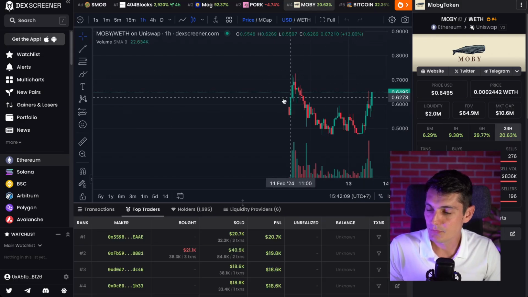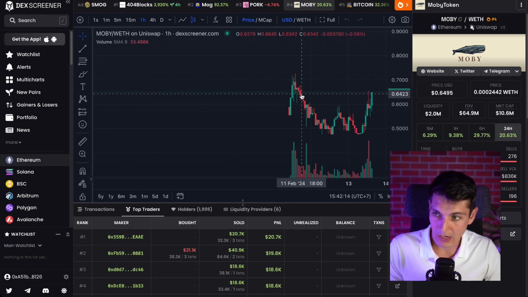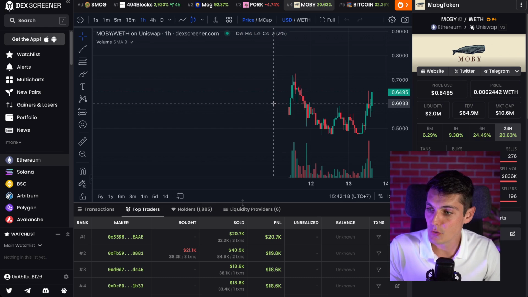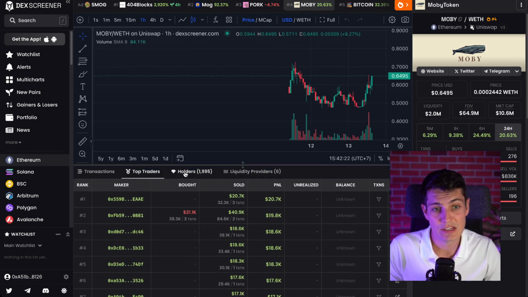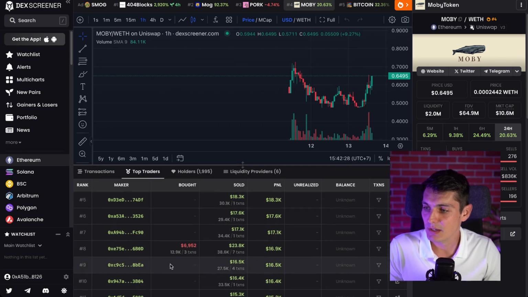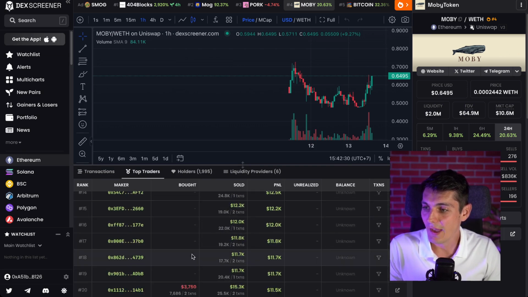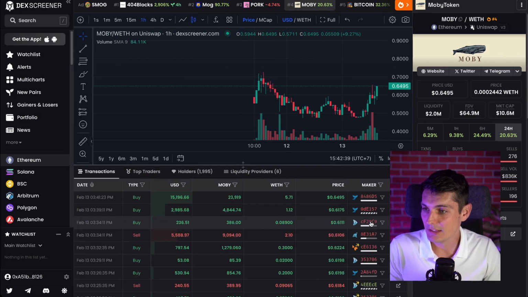Let me show you this token going up and down. Actually, it was sold at a lower price than the ICO, even around here. And something interesting is that in the top traders, you see all those traders never bought it. So they didn't buy it in public. They received their tokens before and they sold them ASAP. See, sell directly, as soon as it's out.